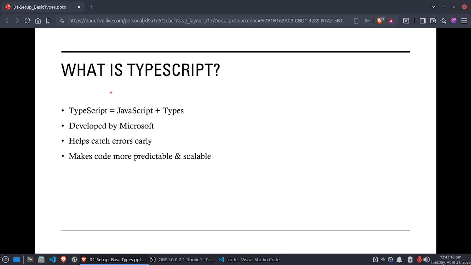Now, the first question is, what even is TypeScript? In simple words, TypeScript is just JavaScript, but with extra rules. It was created by Microsoft, and the main goal is to help you catch mistakes before your code runs. For example, in JavaScript, you can accidentally do something like this, let age is equal to